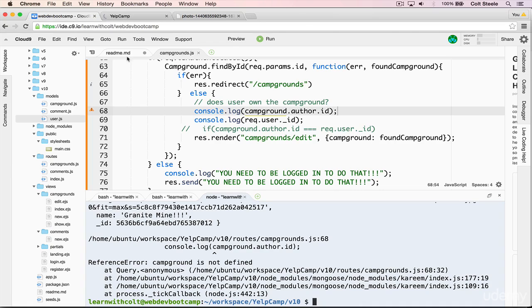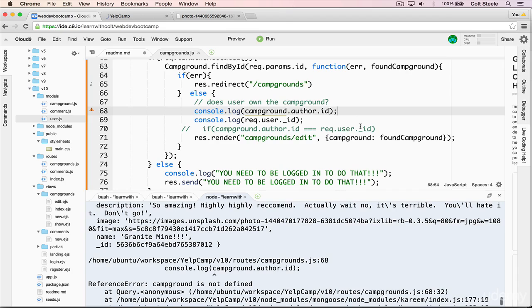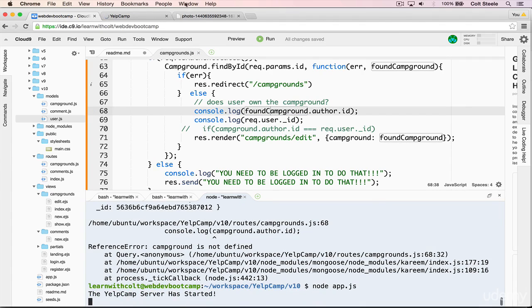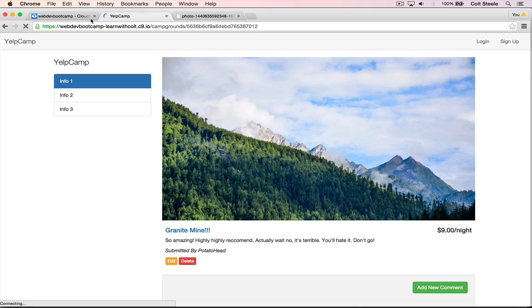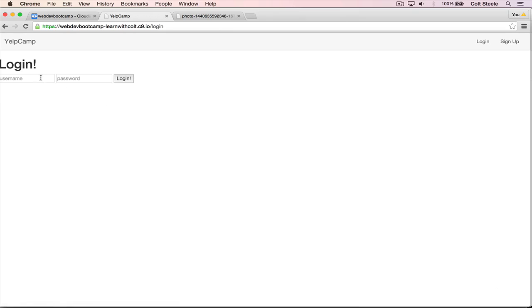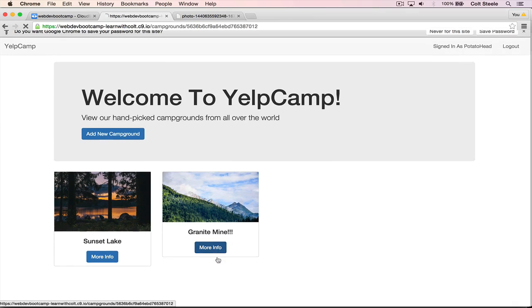Looks like, let's see. Well, that was silly. I'm trying to console.log campground.author. Campground doesn't exist. It's found campground. So we'll try that again. Restart the server. First time we refresh, it's going to tell us we need to be logged in still. So again, we log in, Potato Head, password. Okay. Now if I try and edit,